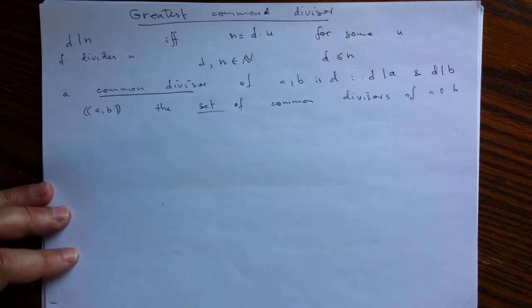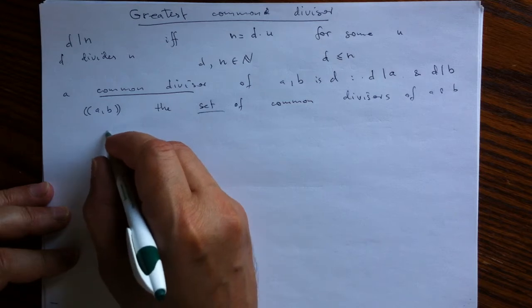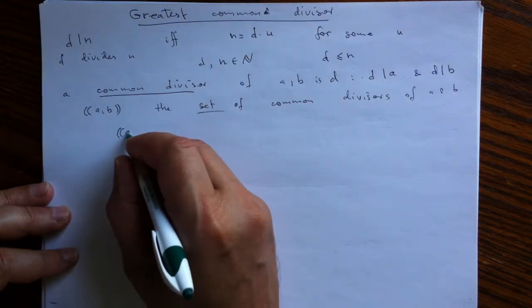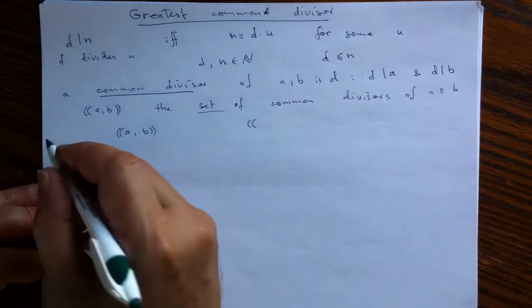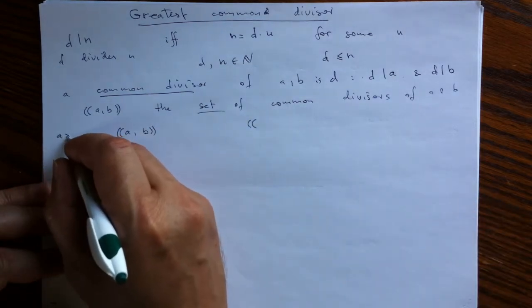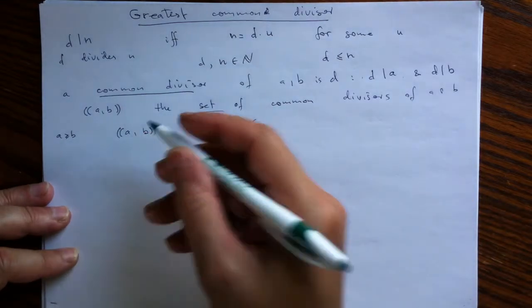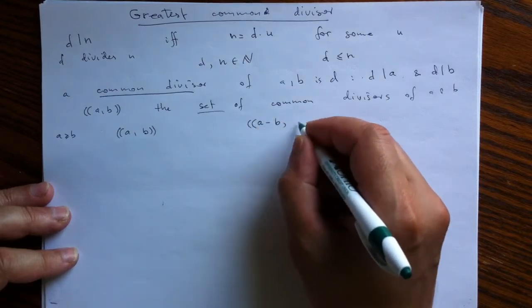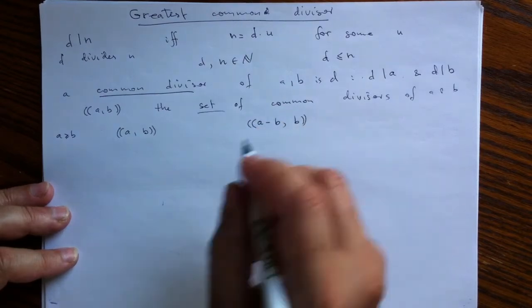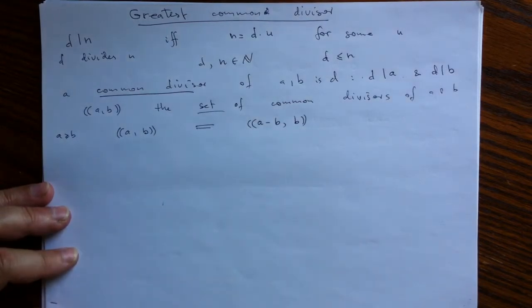For that I just need one simple property of this set. And the simple property will be the following. If I take a pair a and b, assuming that a is not smaller than b, which with any pair we can assume by choosing the largest, and then take b out, still having a natural number, then these two sets are the same. So that is my statement.